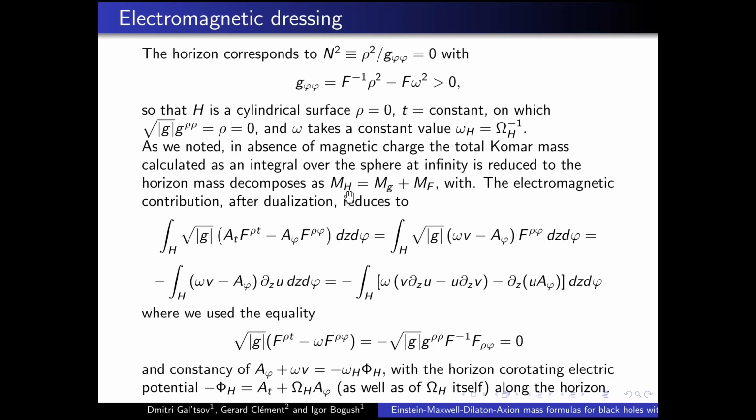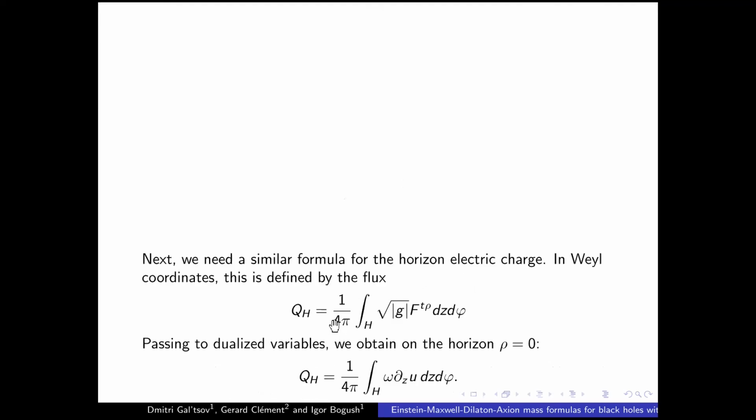I just call it MH, the gravitational plus field contribution. Both are there, and again using some properties of the horizon, I can simplify that. I need the details. And the constancy of the magnetic potential and electric potential in the co-rotating system. So it is known that on the horizon you have kappa, which is the constant surface gravity. And also in the Einstein-Maxwell case, it is the electric potential of the horizon, which is not A t, but shifted, in the co-rotating horizon. Okay.